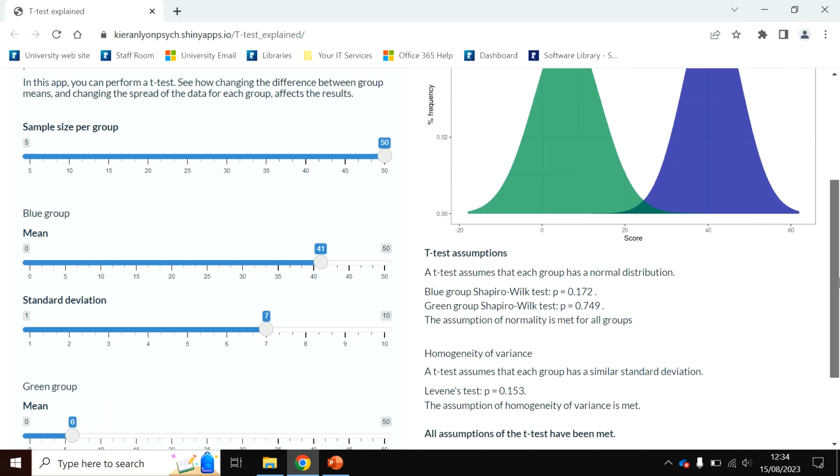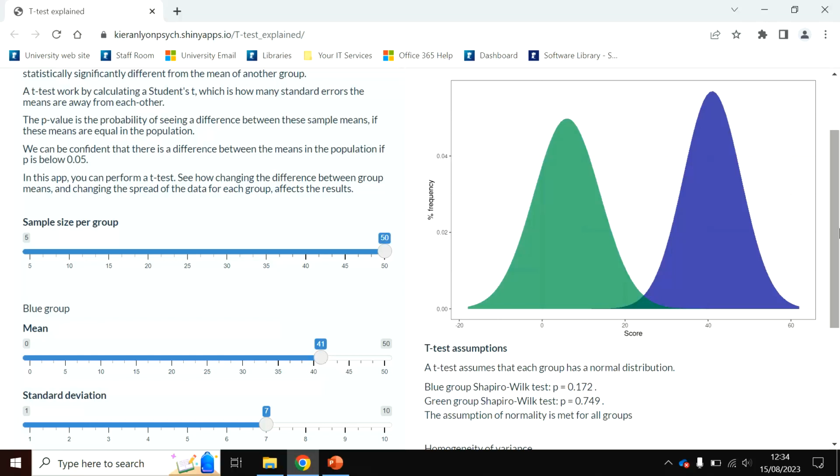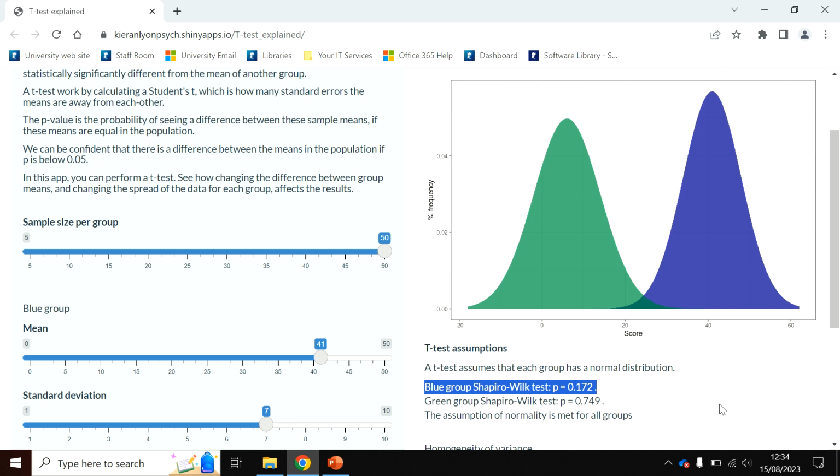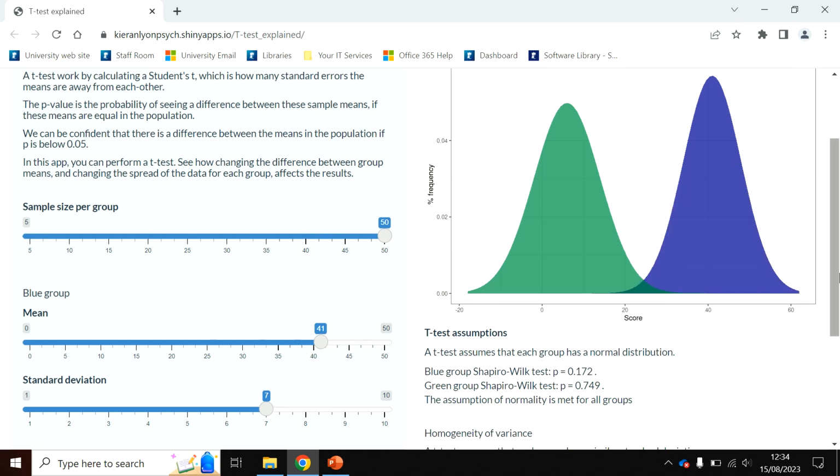One thing that the t-test assumes is that each of the scores for each of the groups is normally distributed. So it assumes that the scores of the green group are normally distributed and the scores for the blue group are normally distributed. And we can test that with a statistical test called the Shapiro-Wilk test. Now, the Shapiro-Wilk, as with all tests of assumptions, we want it to be non-significant, which is to say p equal or above 0.05. And in this case, what you'll see is that yes,